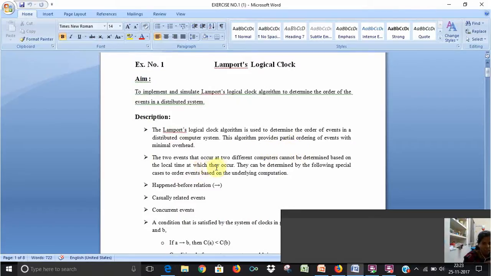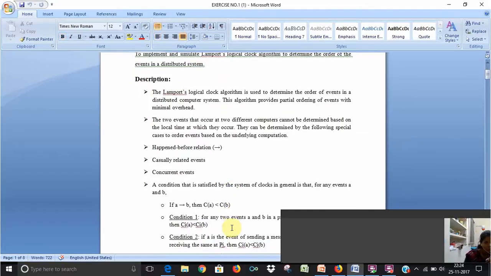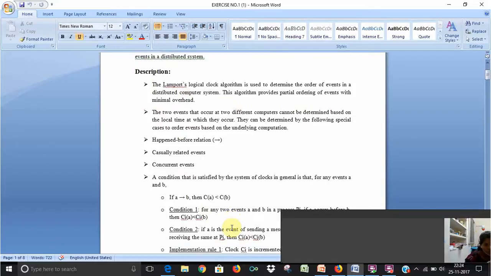If two events occur at two different computers, their order cannot be determined based on the local time at which they occur. It can be determined by the following special cases to order events based on the underlying computation: happen-before relation, causally related events, and concurrent events. The condition that is satisfied by the system of clocks in general is